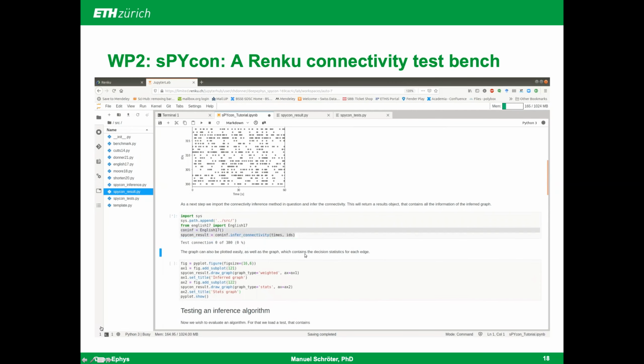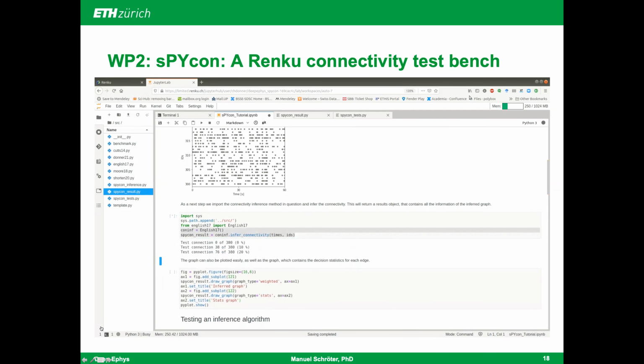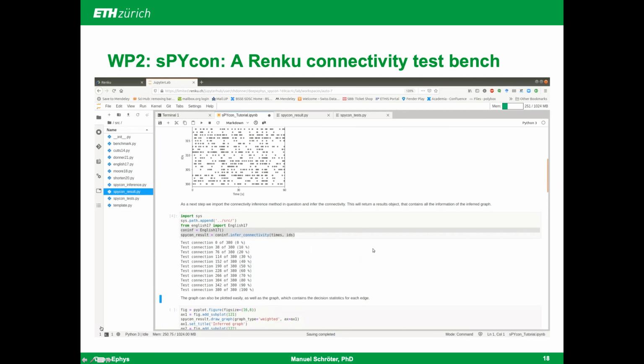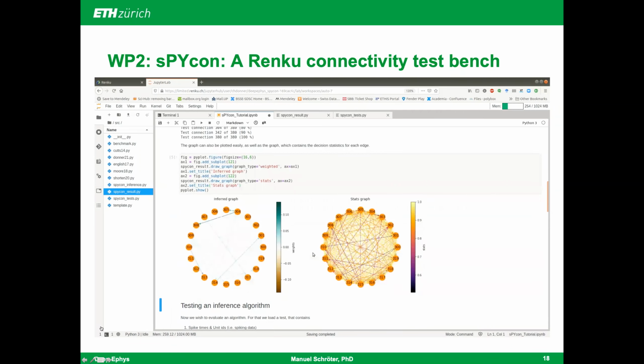So here we're testing the inference algorithm with a cross-correlogram based method online. So this is the result, the inferred graph.